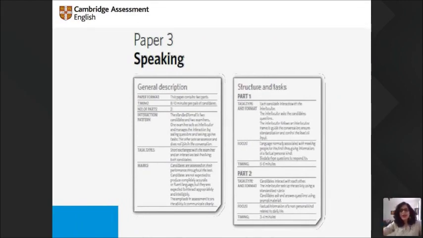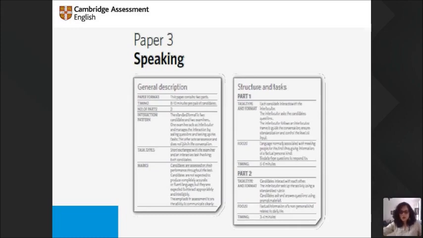So I have for you over here the paper, the third paper, which is the speaking paper of KET. Now you will see that on the left hand side, there's a general description of the speaking exam. So it says that the exam has two parts, and then it gives you the description of the interaction pattern, as in what kind of communication are they expecting in that particular exam task, and then the task type. So, what does each task type kind of cover and assess,